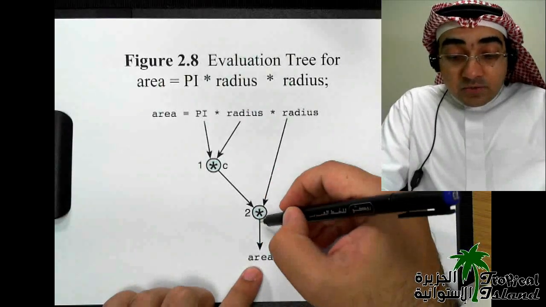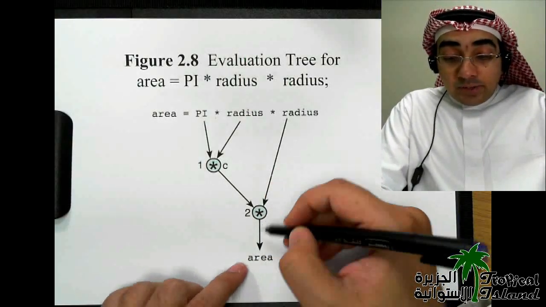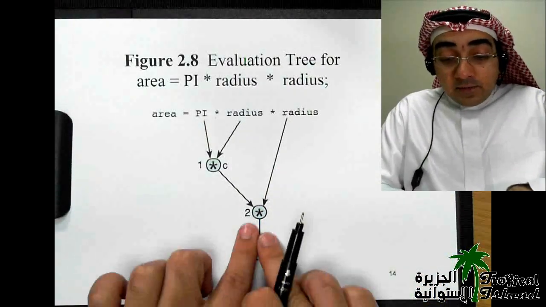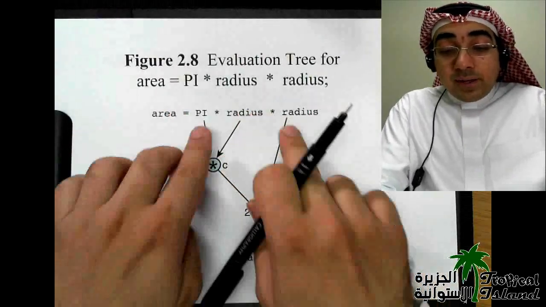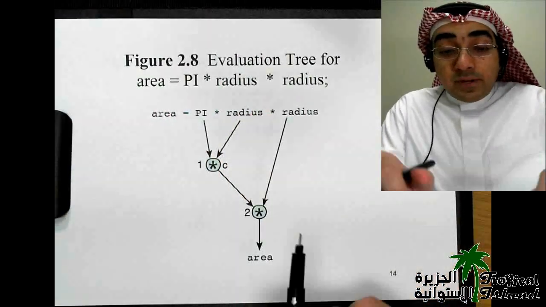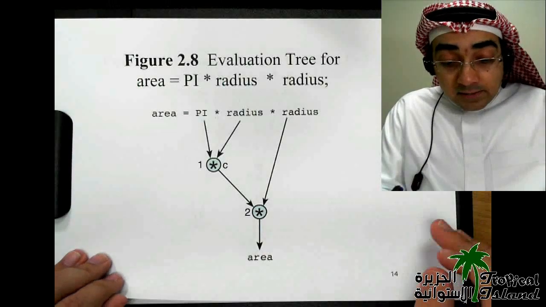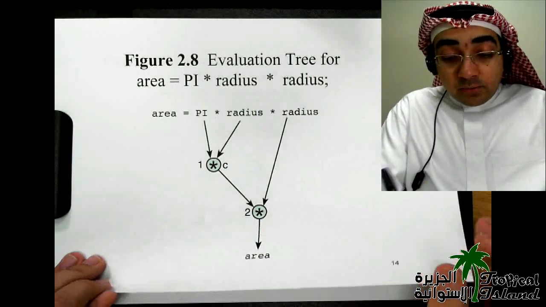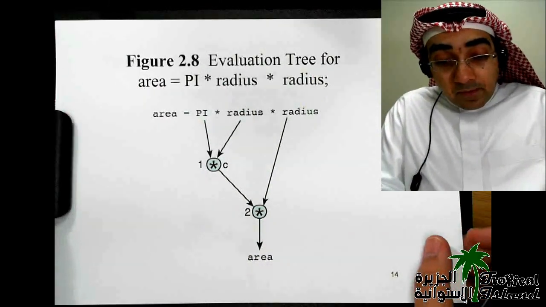You can see the tree is starting. At the end you will have only one output, but the tree actually starts branching and branching. If you had a bigger expression, it's going to start branching more and more until you reach the output of the final result. Okay,